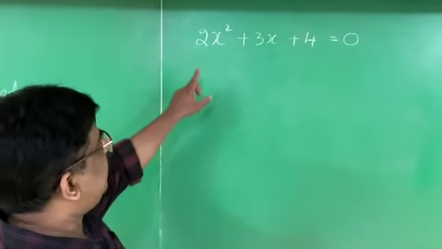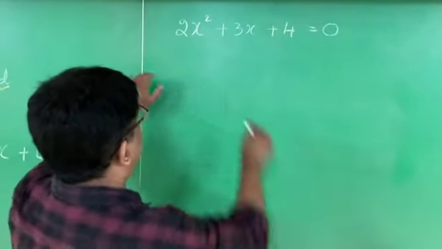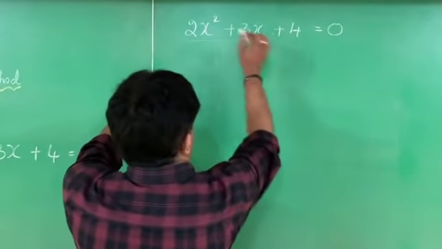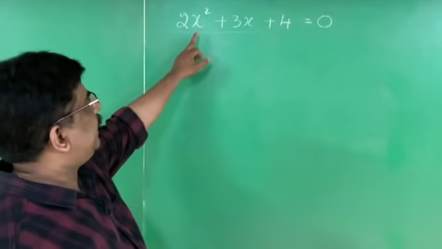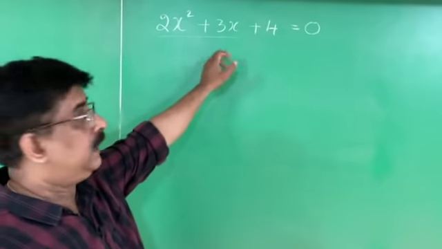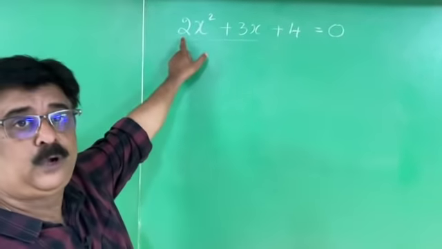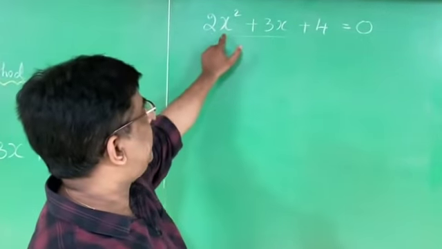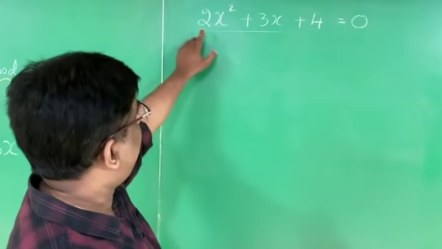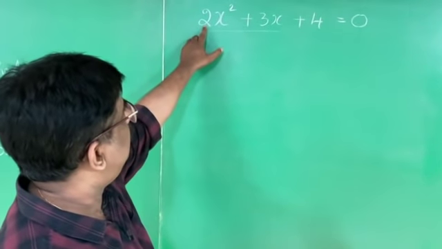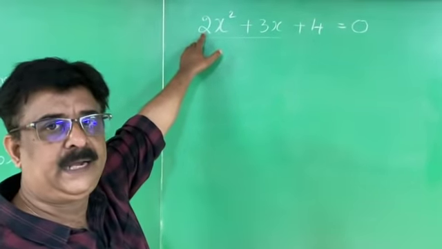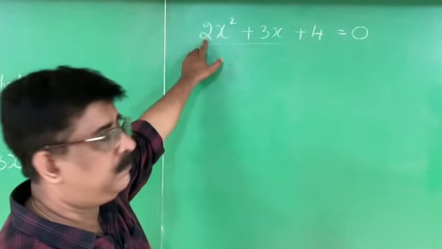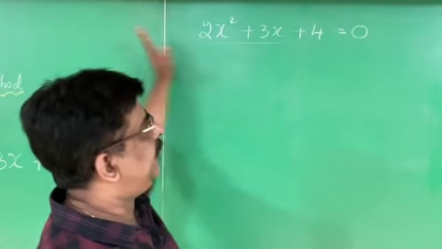Now, the first step is I wanted to identify the quadratic term and the linear term. That is 2x square plus 3x. Here, see, there is a coefficient of 2. There is no such coefficient for x square in completing the square, therefore we have to eliminate this number. This 2 has to be eliminated. How to eliminate this number 2? Divide the whole equation by 2.